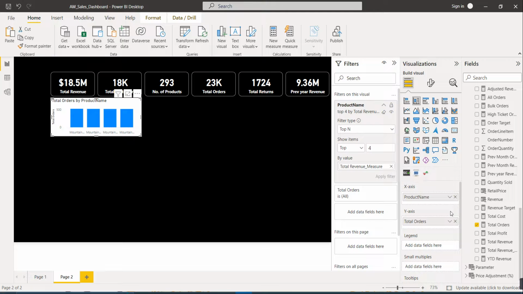Okay, not total revenue measure. Okay, just a minute. We want this by total revenue and apply filter. Okay, so these are the top 4 products. Okay, after that we want